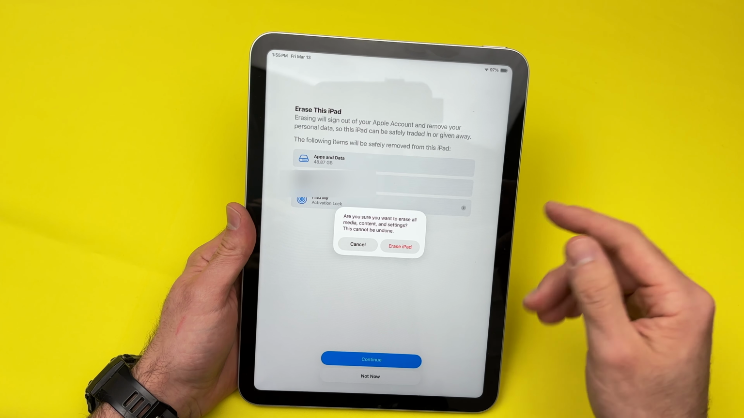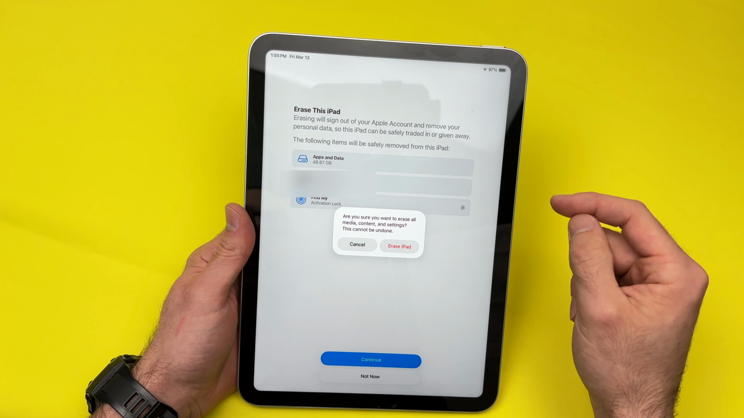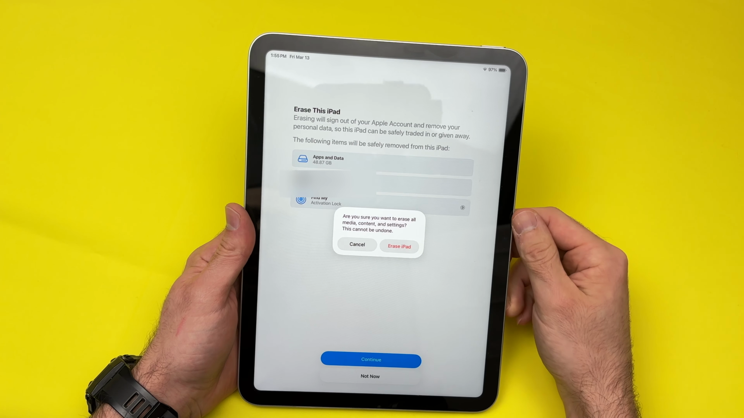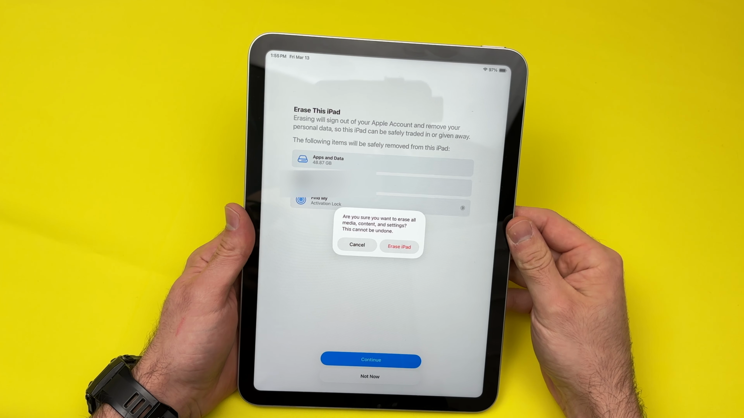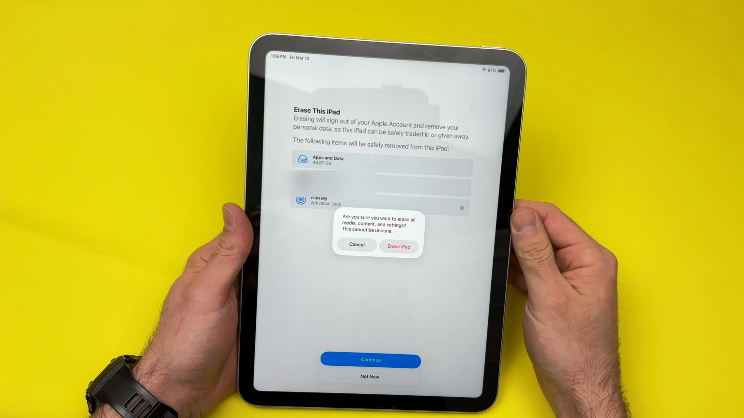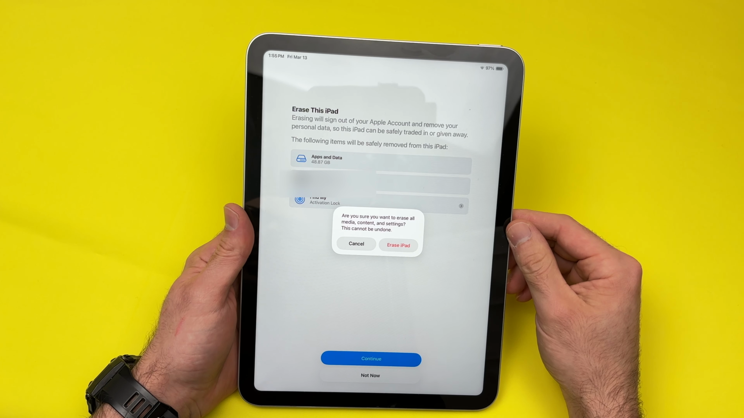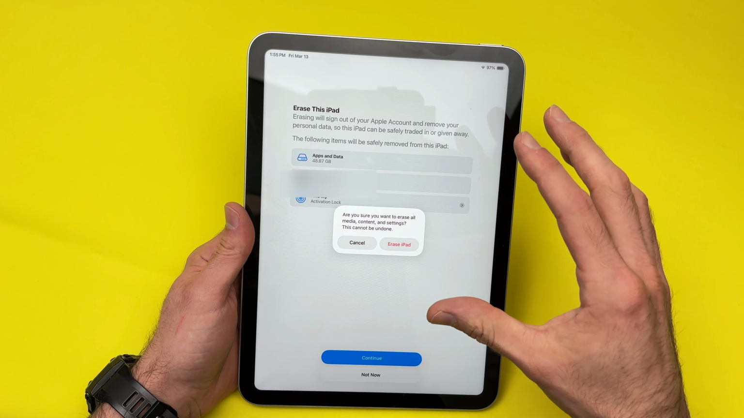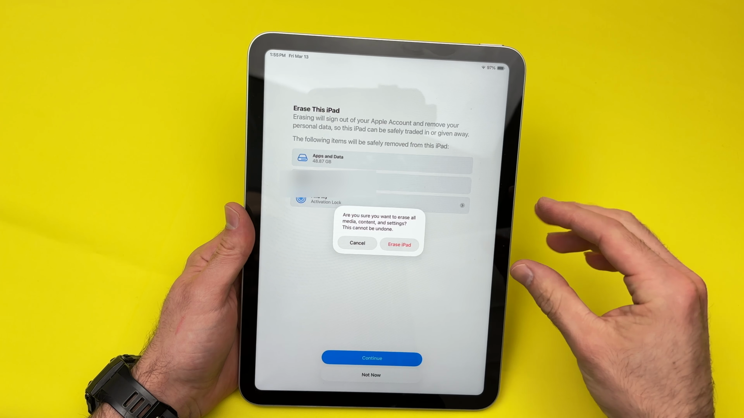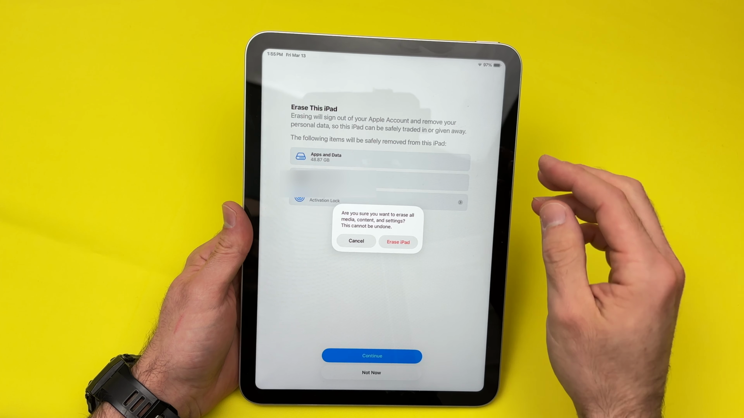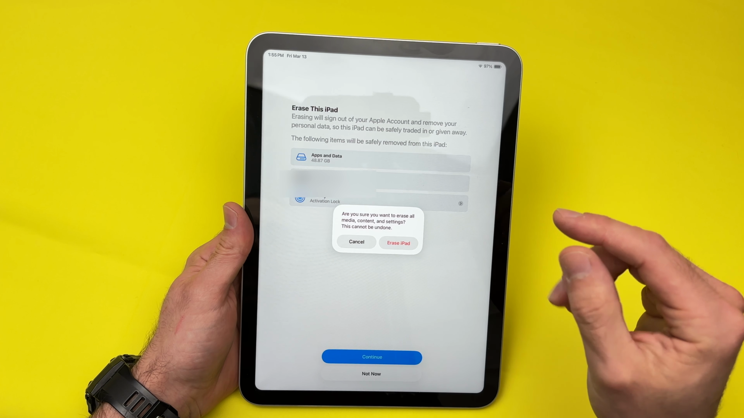You will also need afterwards to enter the password of your Apple account if you want to remove it from this device. And afterwards, it takes around a minute, 2 minutes. The screen will go black. It will power on by itself afterwards, and you'll be able to set up this iPad as a brand new one. So if you want to resell it, the other person will not have access to any of your personal